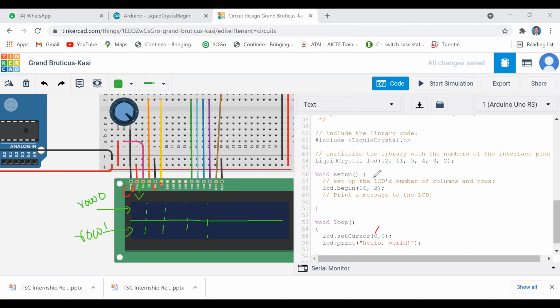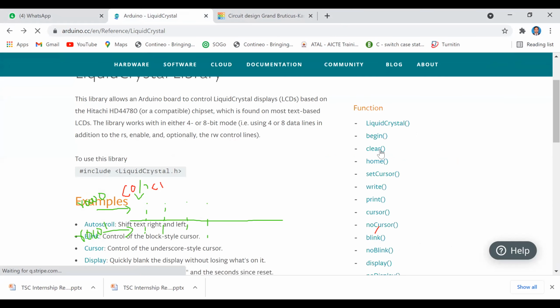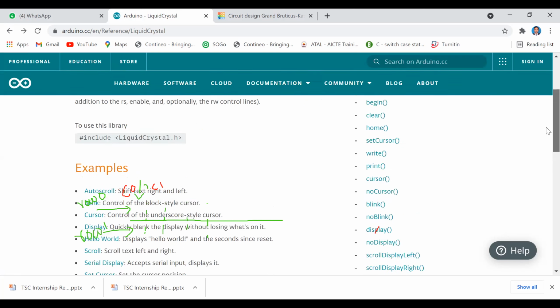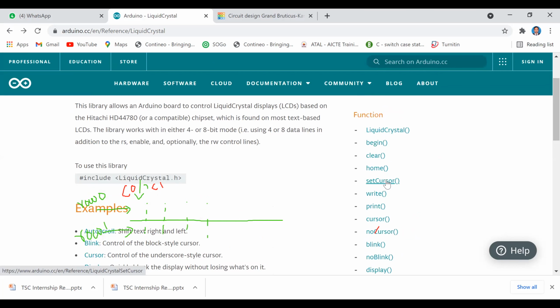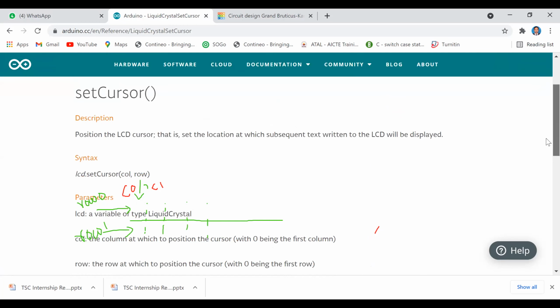Sorry, let us check. We will go to the function first. We'll learn what is LCD dot set cursor. I'll go to the browser. Click on this, just to know what is the syntax.